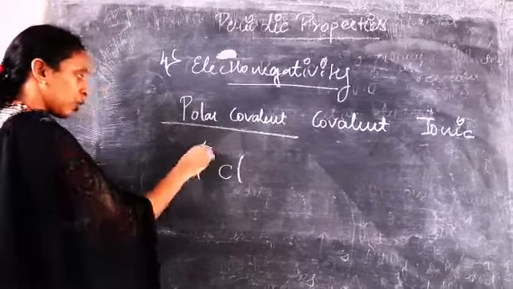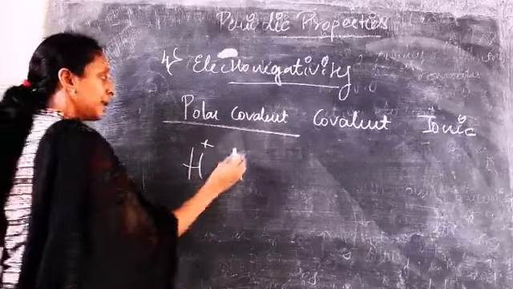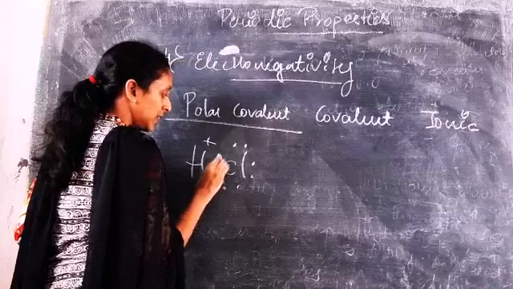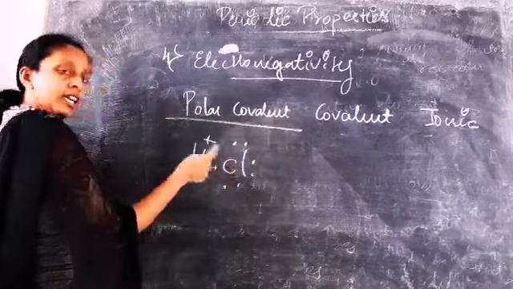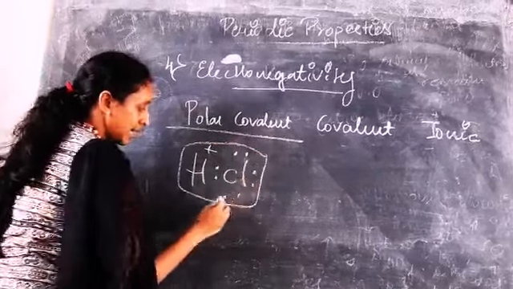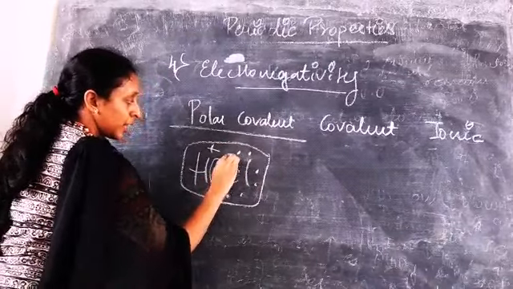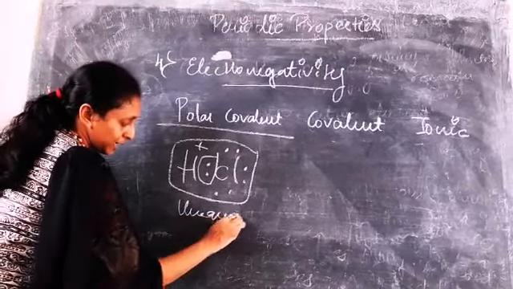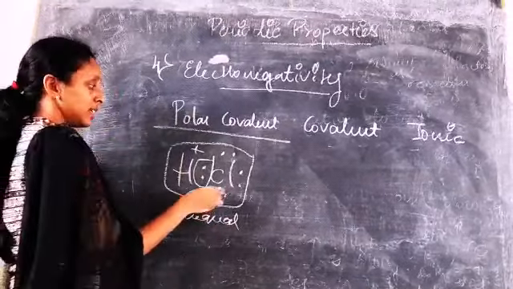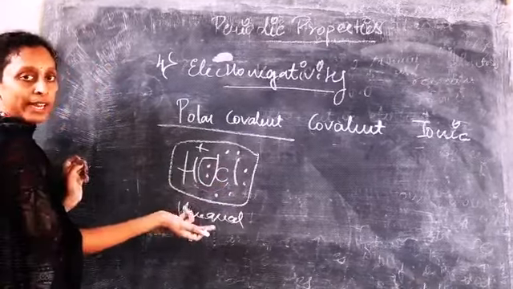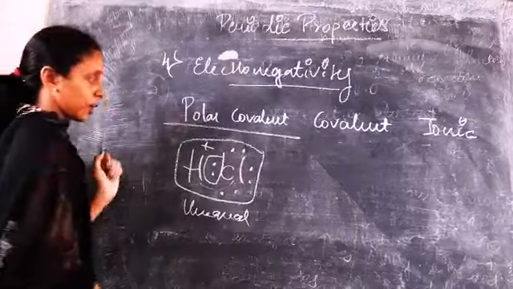What is polar covalent? It is sharing of electrons, but from only one atom. There is no electron in this hydrogen, but since this chlorine has all its electrons, it undergoes sharing with the hydrogen to form a stable compound. So here there is unequal sharing of electrons, because the electrons will be shared by chlorine only, hydrogen will not give any electrons. So this is called a polar covalent bond.